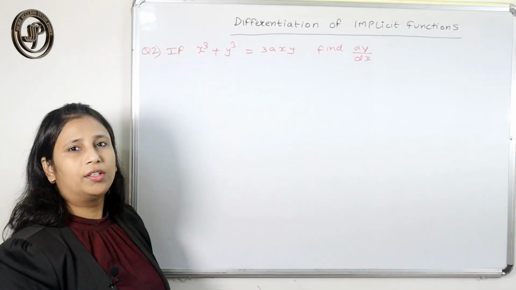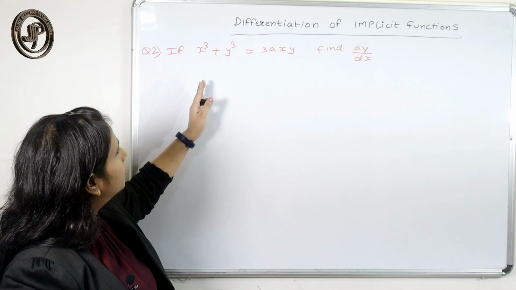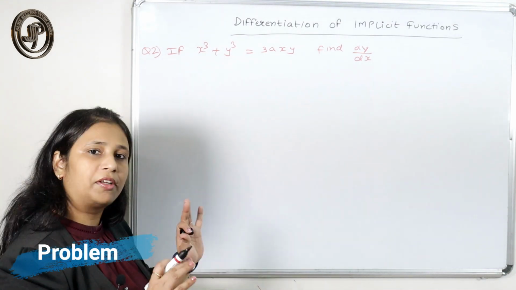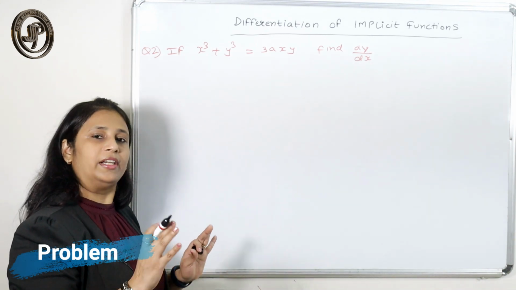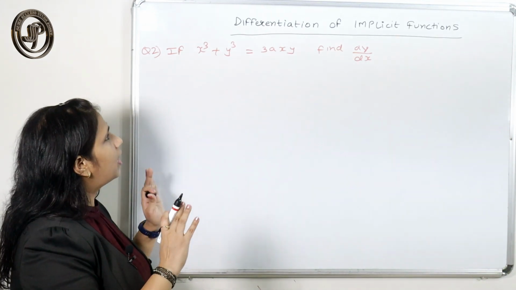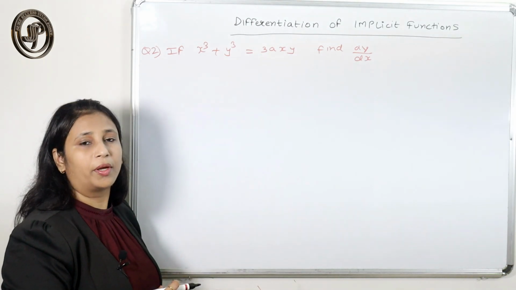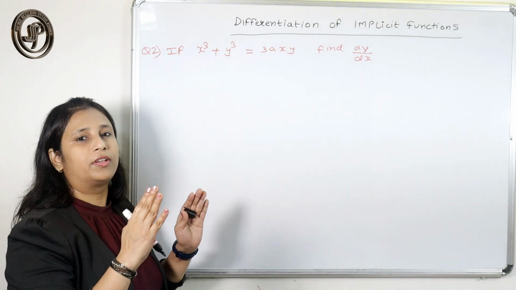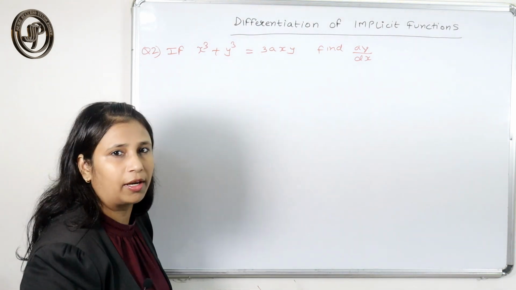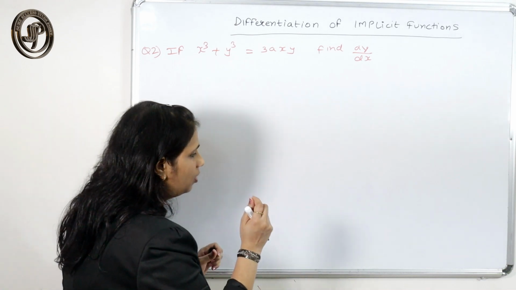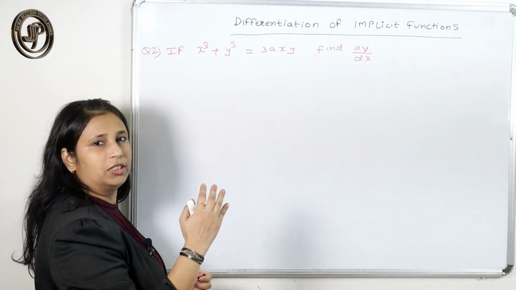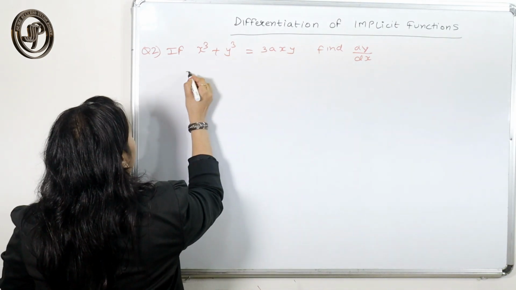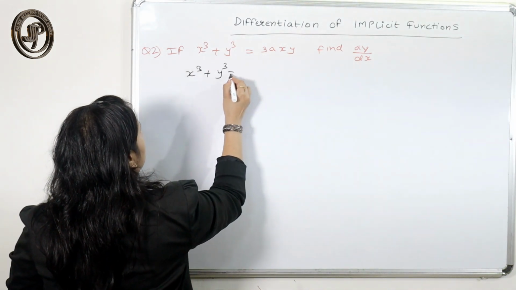So here is a question. This is also a question related to the implicit function, because here you can't express y in terms of x. Whenever you can't express y in terms of x, the function is implicit and you just have to do the derivative in this way, because in the examination it will not ask you to differentiate the implicit function like that. You just have to recognize whether the function is implicit and in what manner you have to differentiate it. The same way we can proceed with this question also.